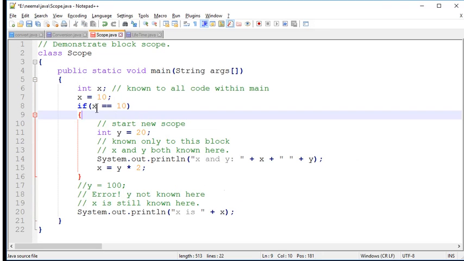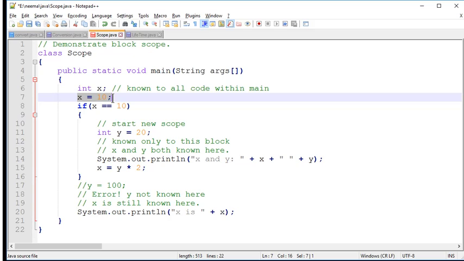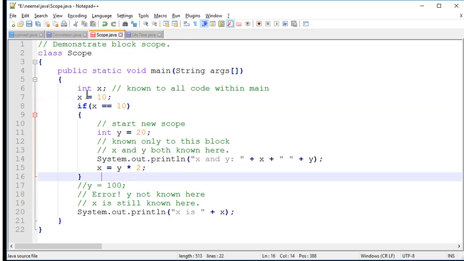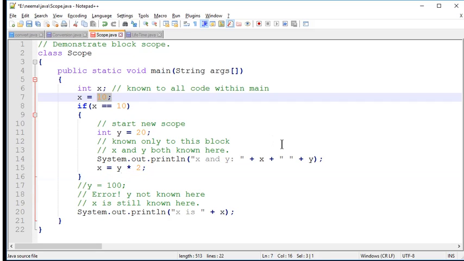That is, the variable x declared in the outer scope is accessed in the inner scope. We are assuming the value 10 and we are printing the value of x here. It is valid. That is, x is accessible within this block as well as the inner block.